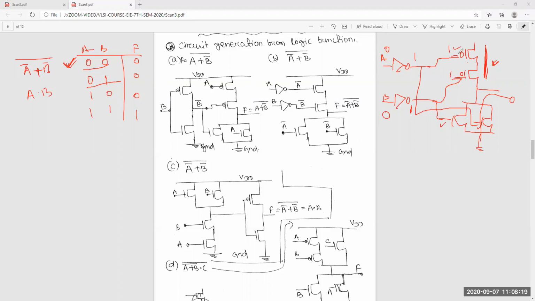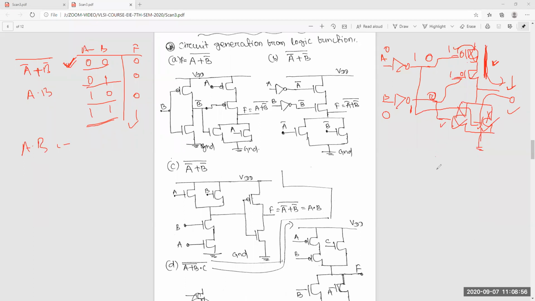That means if one circuit breaks, the total path will be off. Here, in parallel, if any one of the transistors is on, you will get 0. So this one or this one will give 0. For these two, 1, 1. If both are 1, then both will be 0 here. So this will be off, this will be off, and this will be on. So VDD will come. So directly A dot B you can also easily do that.